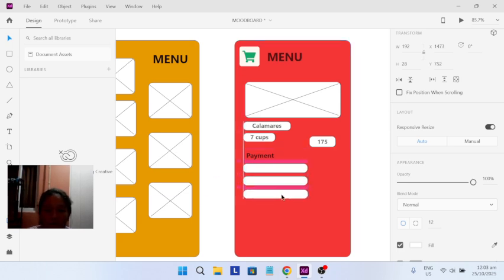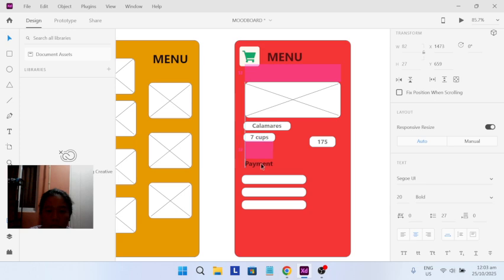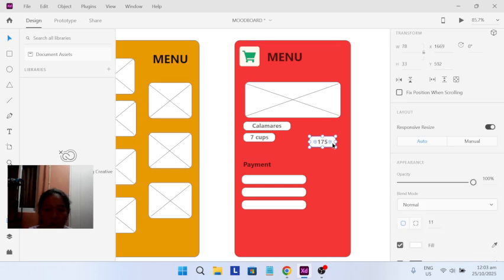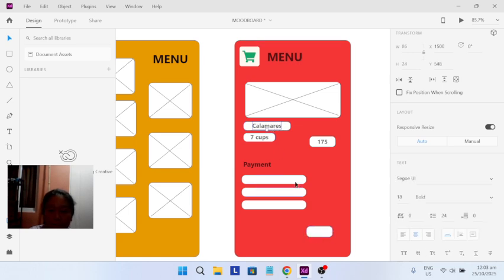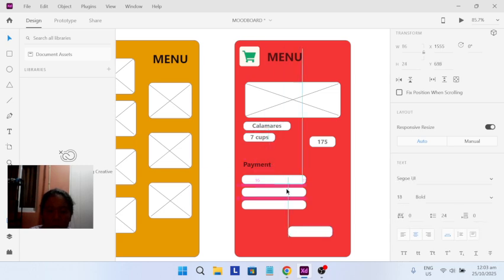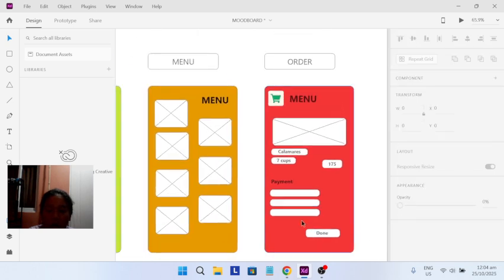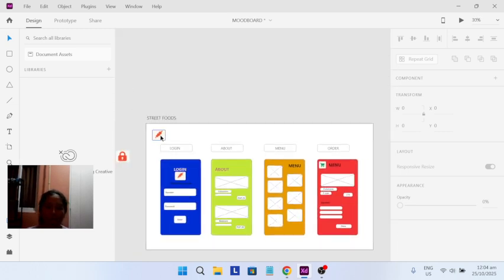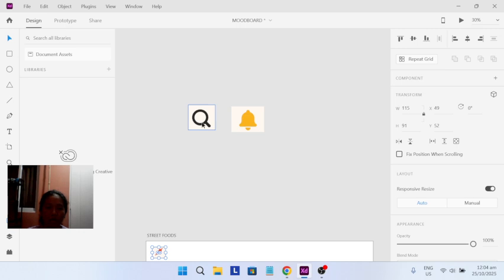And let's add one more. Here is, let's put done, which means naka-order na sila. Yes, that's naka-order na sila here.